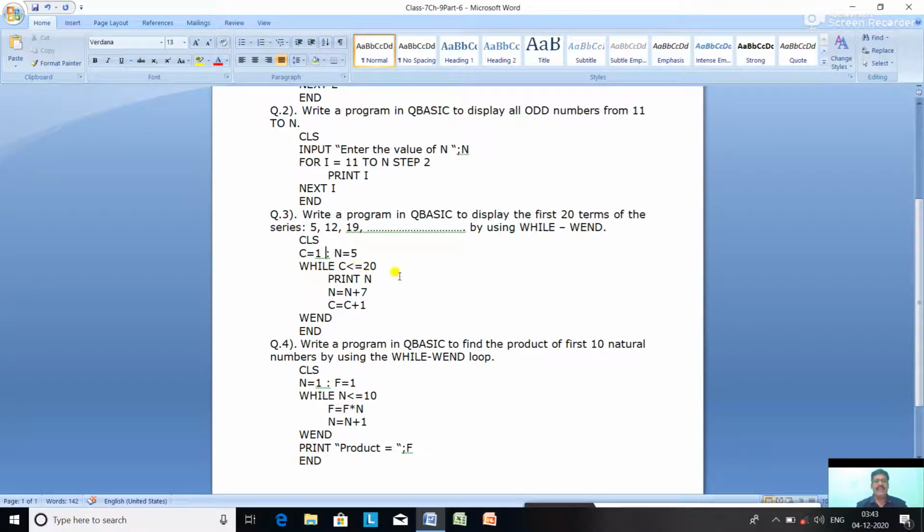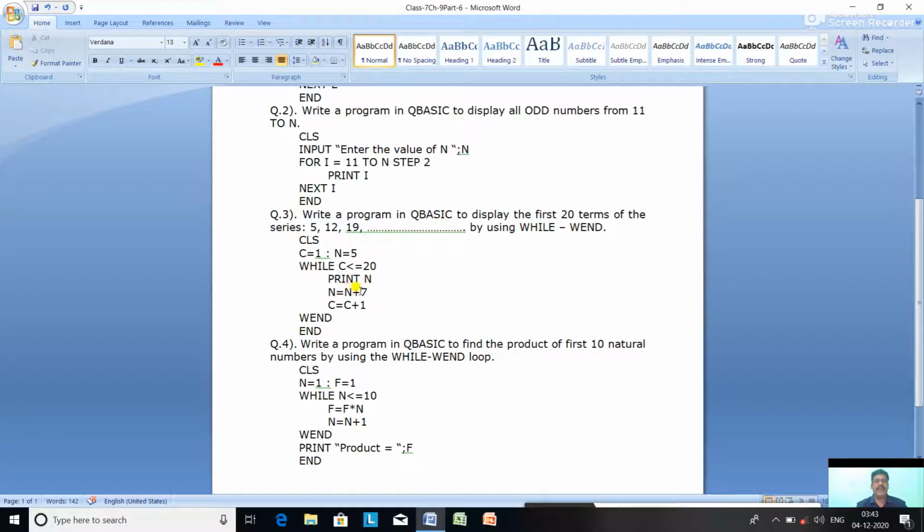While C less than equal to 20. We are checking the counter while the C value is less than equal to 20, because the question is asking us to print how many terms? The first 20 terms. Print N, 5 is printed. N equal to N plus 7, 5 plus 7 will become 12. C equal to C plus 1, C will become 2, and it goes up. Now the C value is 2, 2 is less than 20, yes, so print 12. 5 plus 7, 12 is printed.